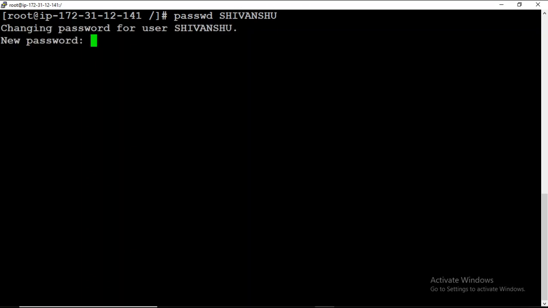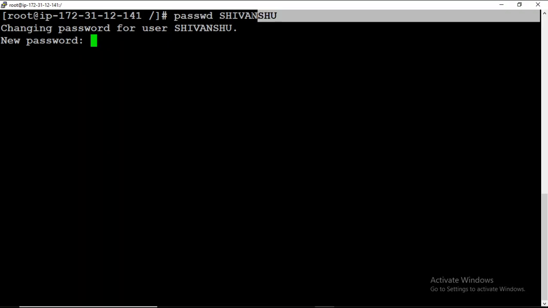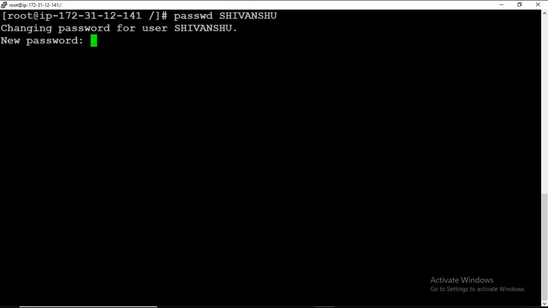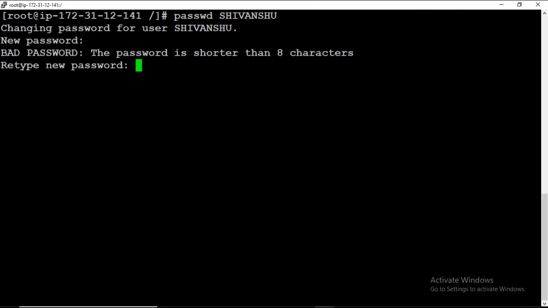I just give the command passwd and this is the username, and it is showing "Changing password for user Shivanshu". Here I have to give a new password, whatever you want to set. So I am setting my password, enter. It is just giving a warning, "bad password", because I gave a simple password. You can give any password you want.